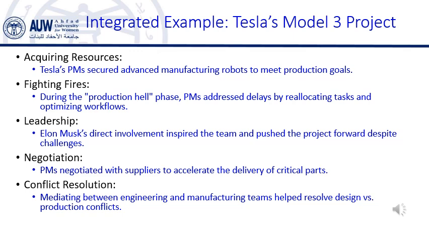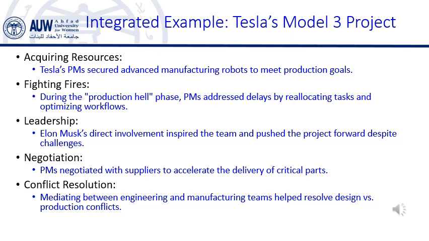Persuasion in action. Musk and his team used persuasion to convince investors to support the massive capital requirements for the Model 3. They presented the Model 3 as not only a game-changer in the electric car market but also a crucial step toward Tesla's long-term success. This links directly to what we've discussed about persuasion and conflict resolution. Negotiating with suppliers and persuading investors were key aspects of ensuring the project stayed funded and on track.